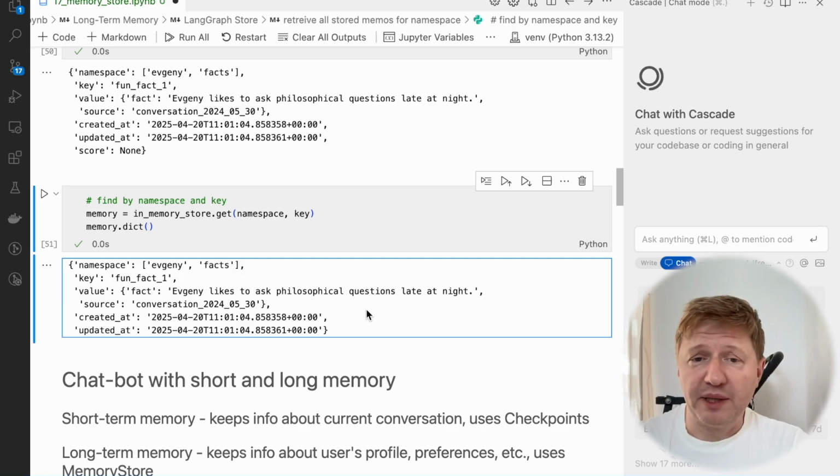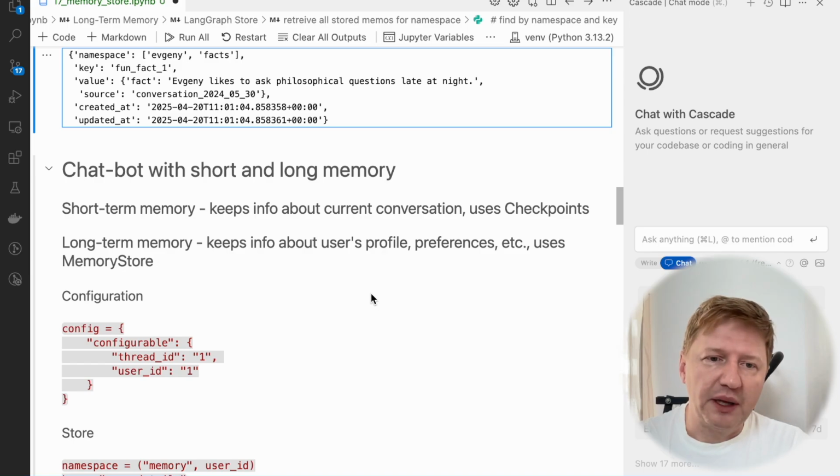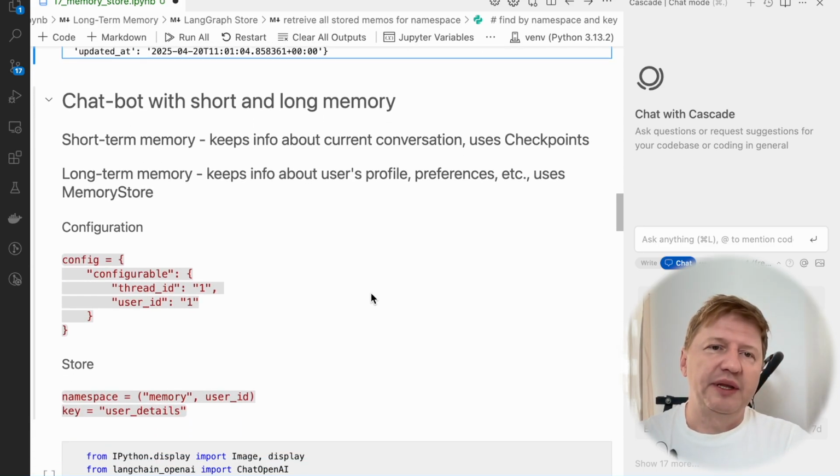All right, well, that was a bit of theory, and let's try and apply it to something real, I would say. And normally the best example here is using a chatbot, and we constructed chatbots in the past already, but practically you know that they all had only short-term memory. And now let's try to expand this chatbot with long-term memory. So how are we doing this?